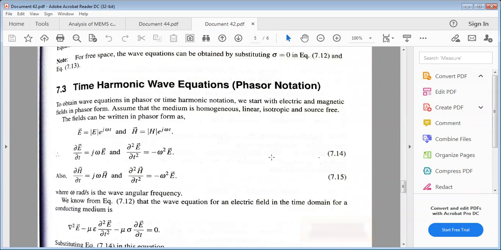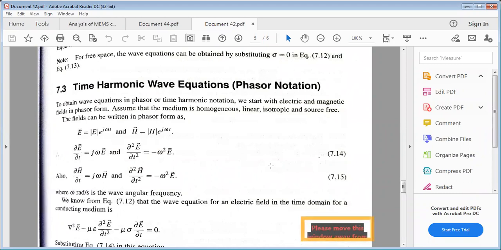So, Phasor notation. What is meant by Phasor form? What is meant by point form? Point form is nothing but differential form, and integral form you already know, right? Point form and integral form. Now the case is harmonic form or simply Phasor form. What is meant by phase? Phase, not PAGE, that is PHASE.